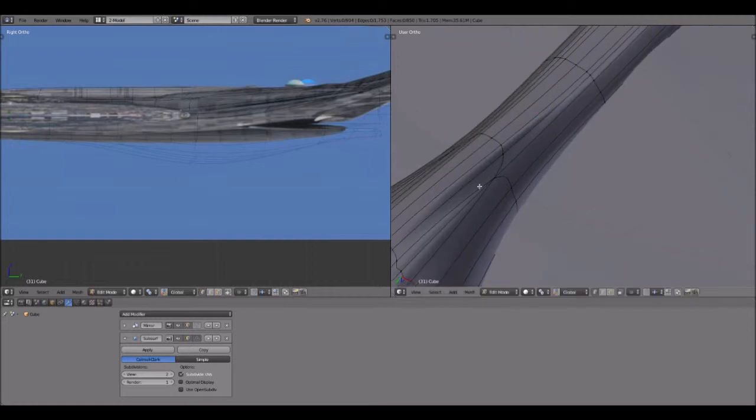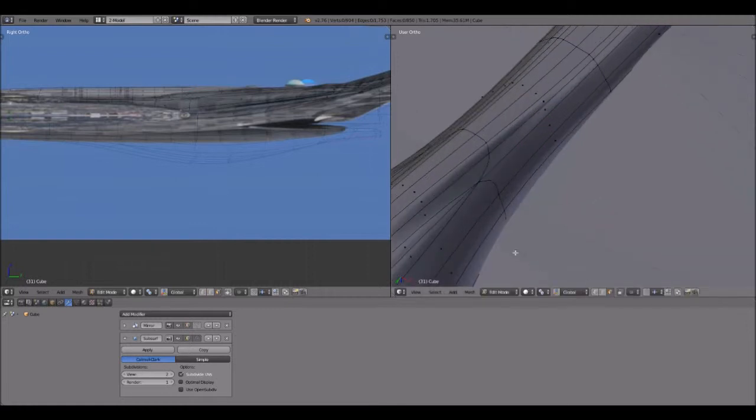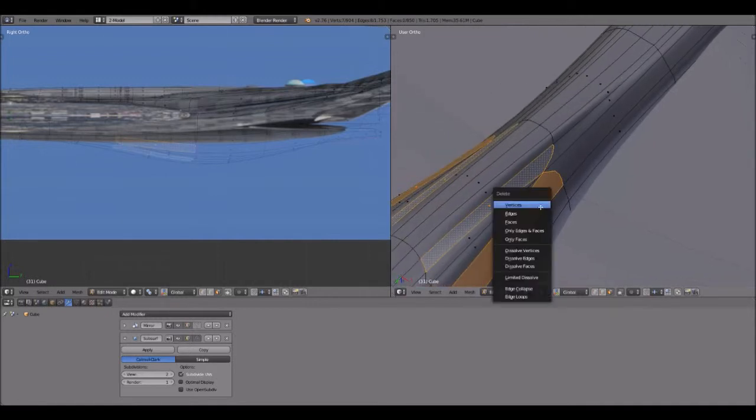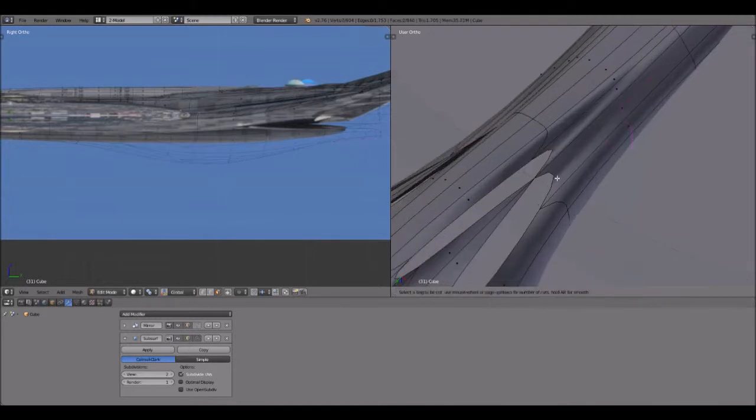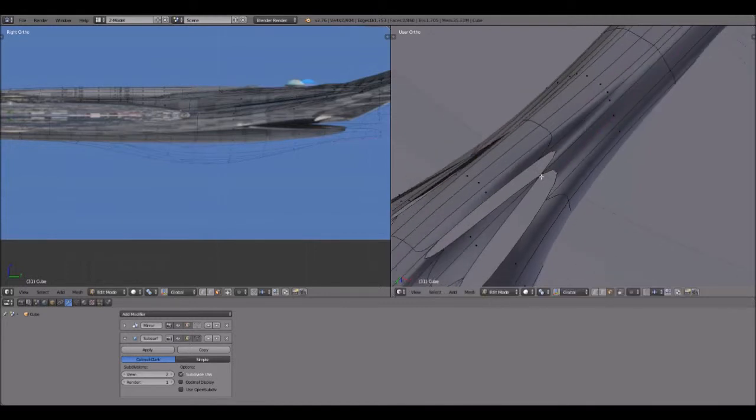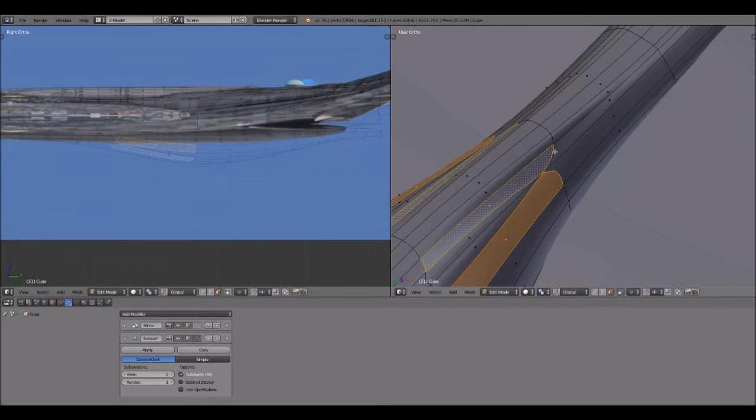So what I need to do first is select this face and this face, and delete those faces just temporarily. Now, see, the reason why it's doing that, I'll back up. The reason why it's doing that is